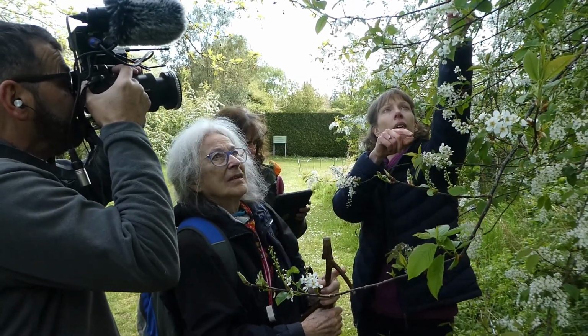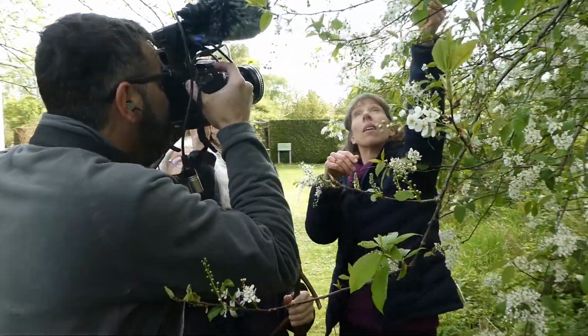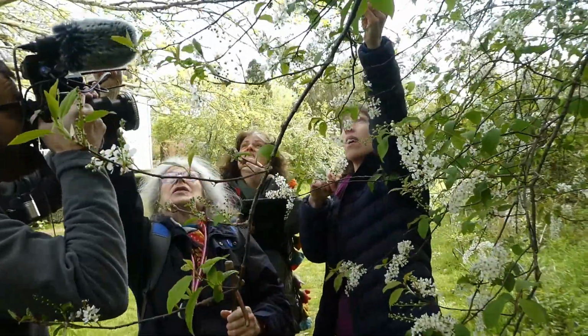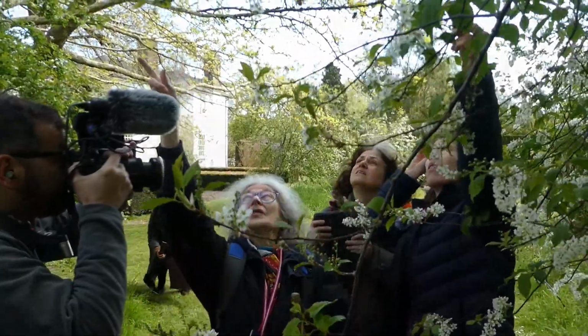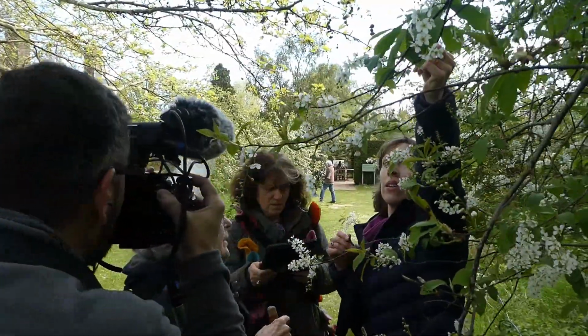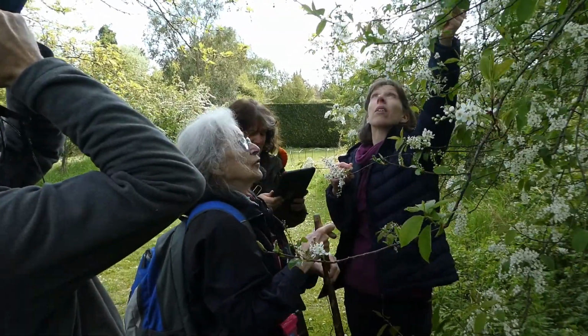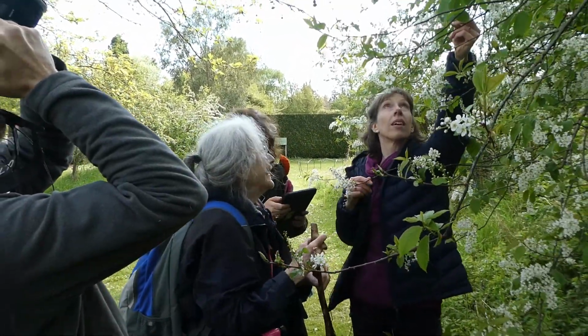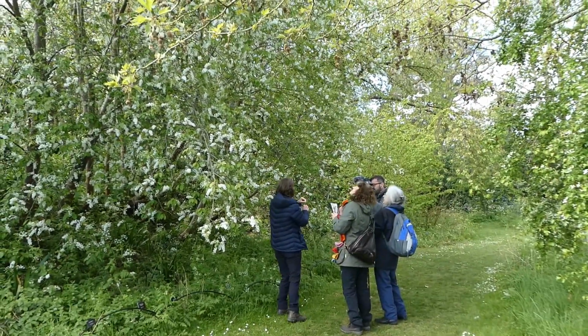So what shall we do? Flower bud burst. Shall we say 60 or 70? Because on the ground there are a lot of them up there. Yeah, I think 70 or 80. It should be 70. Yeah, and 70, why not? Okay, 70%. Shall we go a bit less? Because we have